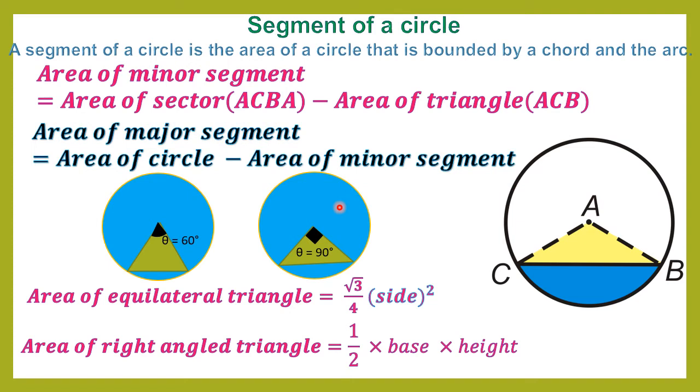Now how to find the area of major segment? Major means this portion, so we have only one option, that is area of circle minus area of minor segment, right? Now one more way, for the triangle, if you don't want to identify these triangles, directly we can use this formula for calculating area of triangle, which is equal to 1 by 2 r square into sine theta. But here you are going to use a concept related to trigonometry. Fine. I hope these concepts are clear to you and you can apply them in any question. Now after this we will discuss a few questions based on these concepts.